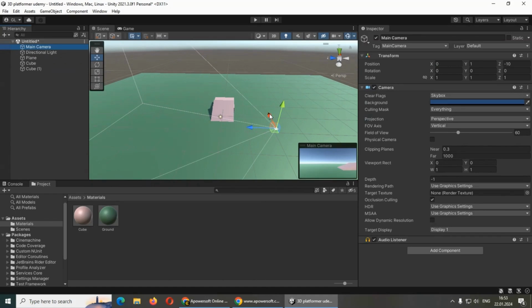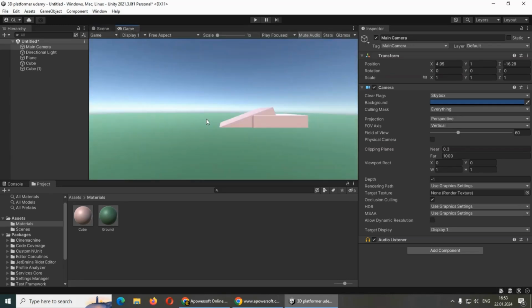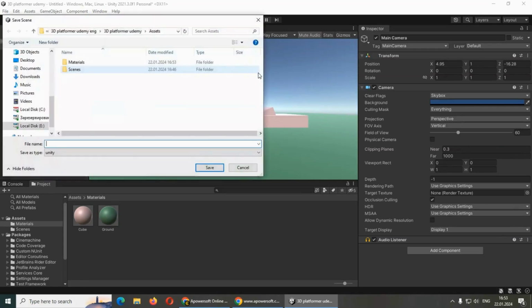And we can basically move our main camera with these arrows. And here we see how our game looks. So we can move it a little bit, just like this. And now we will be able to see our world a little bit better. And I think I like this